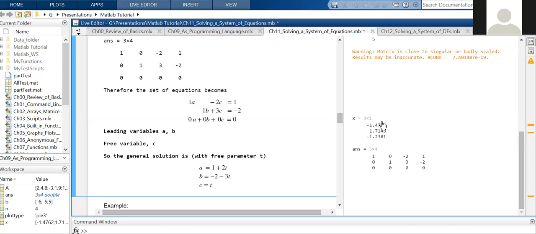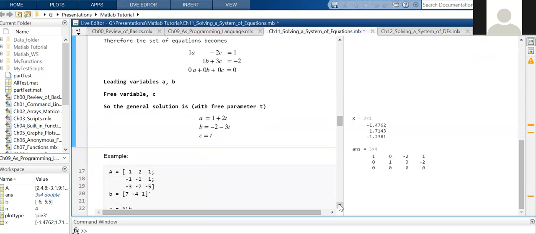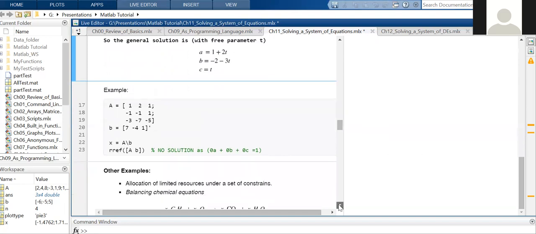It was not intuitive, but it gave a warning sign. Then it's good to see the RREF format, row reduced echelon form. By looking at that, you can guess whether it has infinite solutions. Then you can get a parameterized solution for this problem. And on the other hand, if you insert